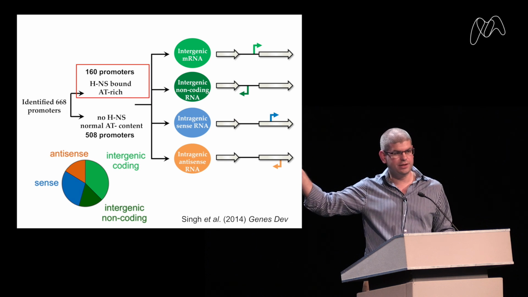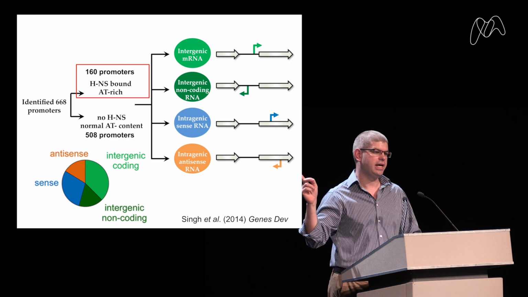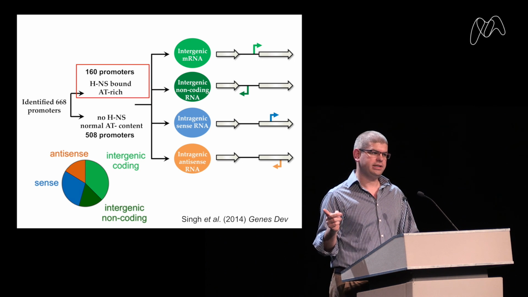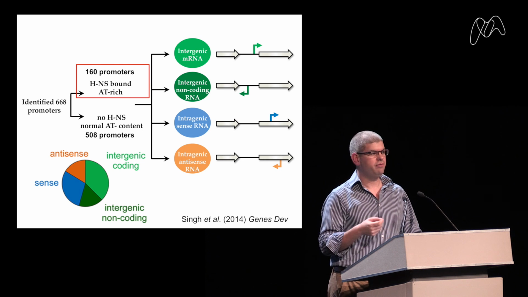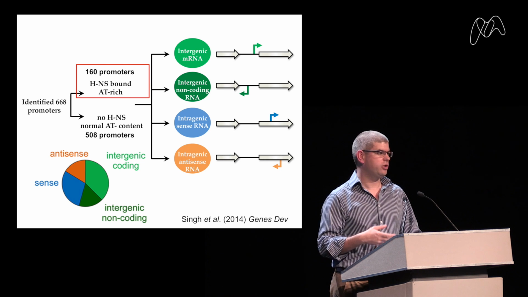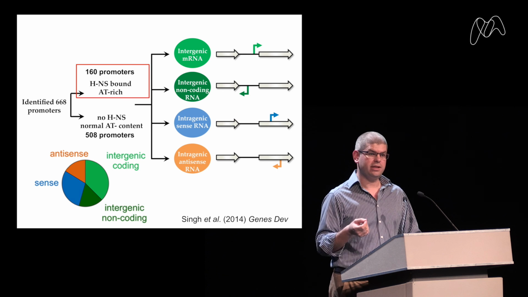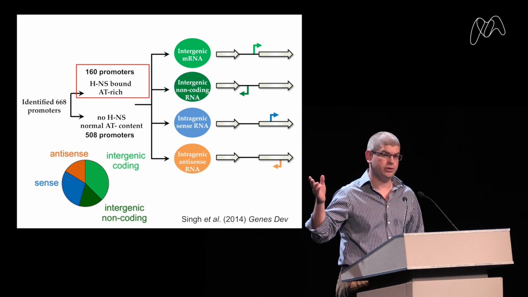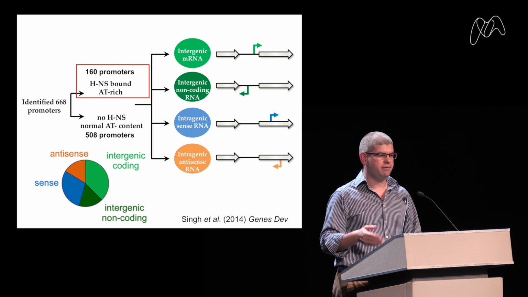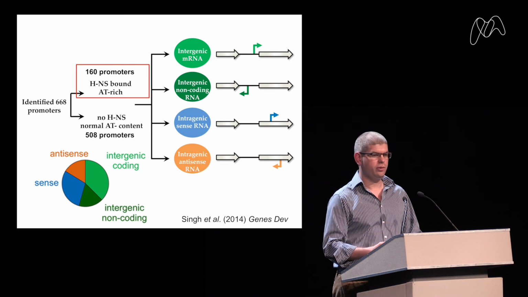And actually, we think that in this particular experiment, in the genome scale experiment, we're probably underestimating how often these spurious promoters occur. And we think that we're underestimating how often these promoters occur because, remember, the transcripts that are produced are going to be very unstable. They're non-coding transcripts of no apparent function, and they're going to be turned over very quickly by the cell, and that's going to make them difficult to find using techniques like RNA-seq. Okay, so we think that many of these promoters will have not made it into this analysis in the first place, and consistent with that, when we go back and do the genetics and the biochemistry, we find that these